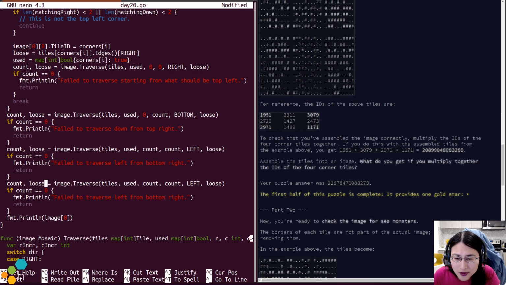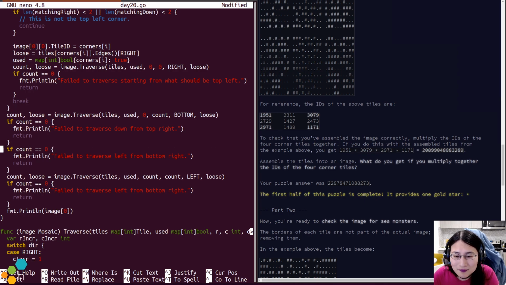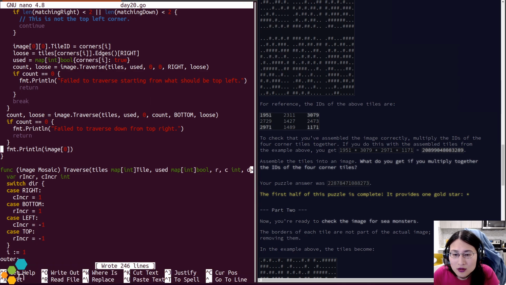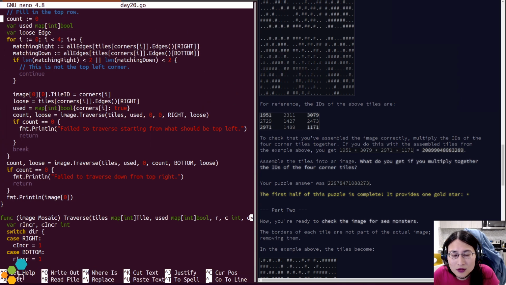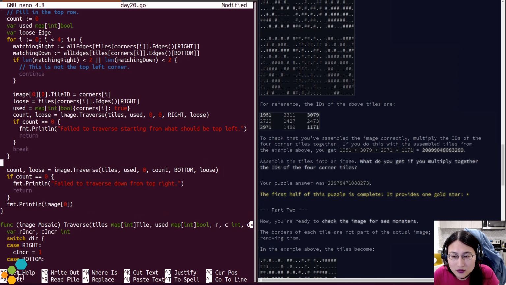Now, finally, in fact, why don't we do it this way instead? I think once I have the first stripe of the row, then I can just go down column by column by column.